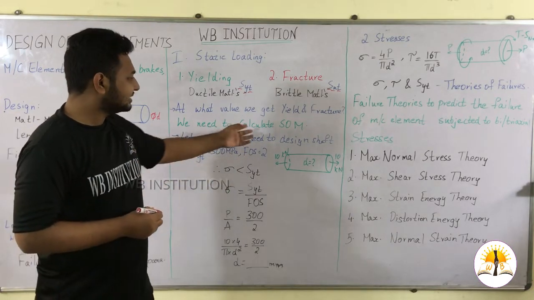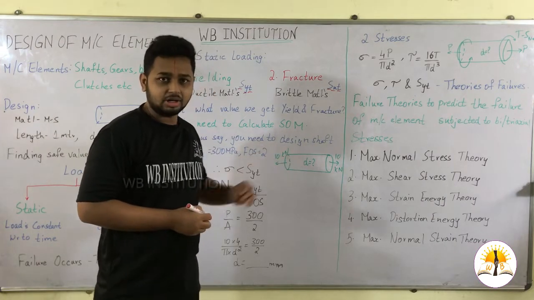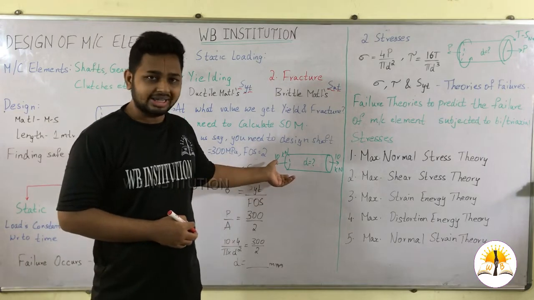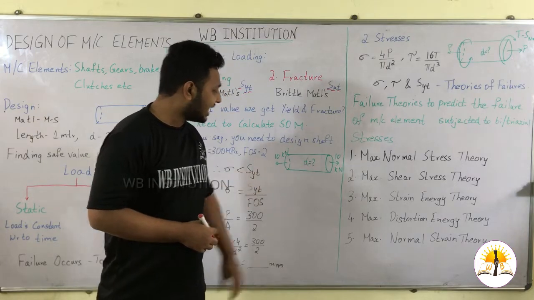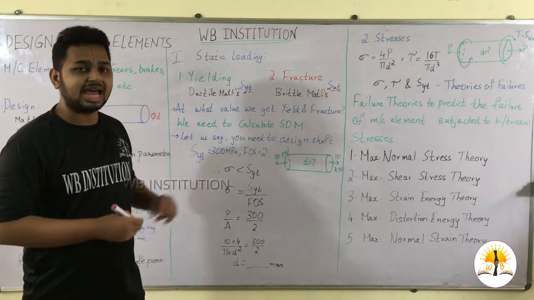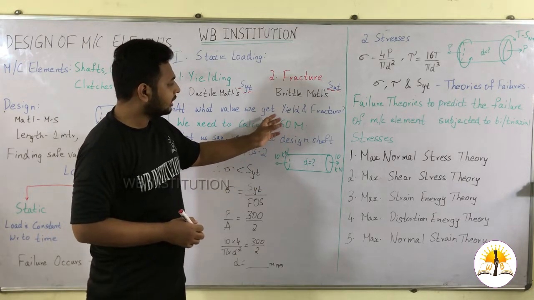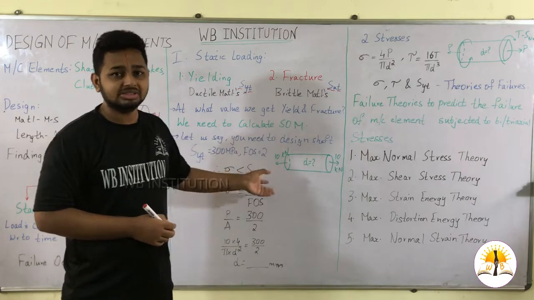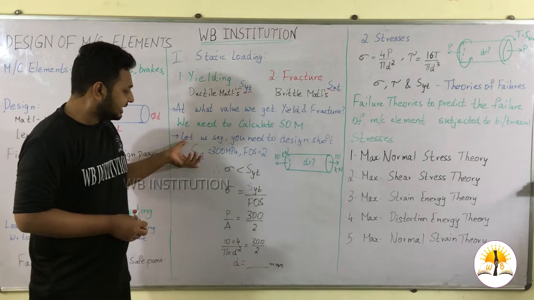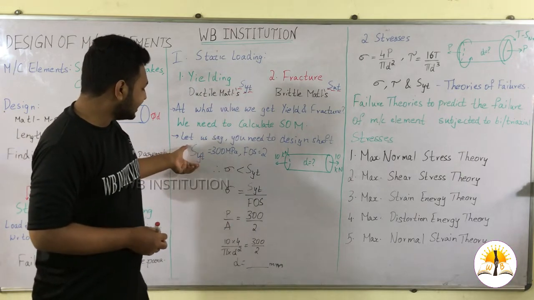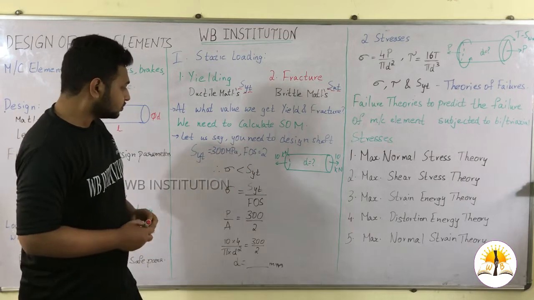For calculating the strength of the material, let us consider a design for a shaft. Here the load is given, a tensile load of 10 kilonewton, and we have to calculate the diameter of the particular shaft. How we relate this stress with the yield point or the fracture point, we are going to see in this type of loading. In the question they have mentioned the yield strength is 300 megapascal and the factor of safety is 2.